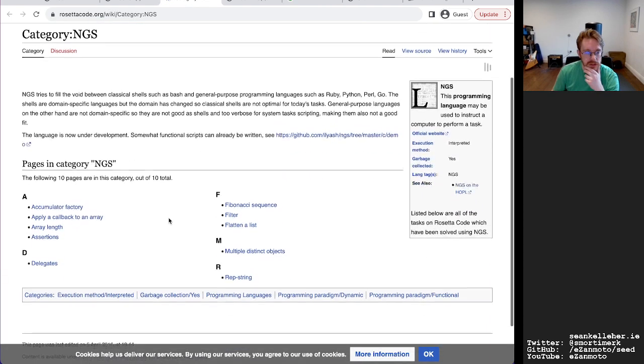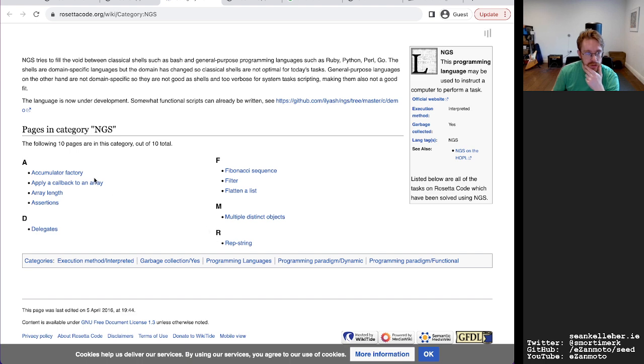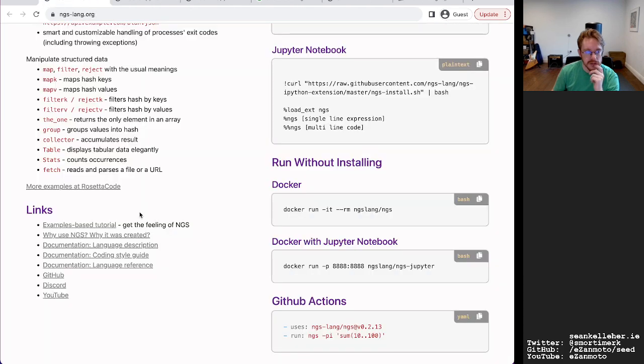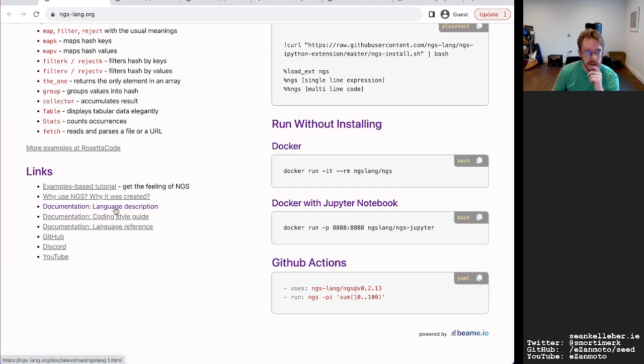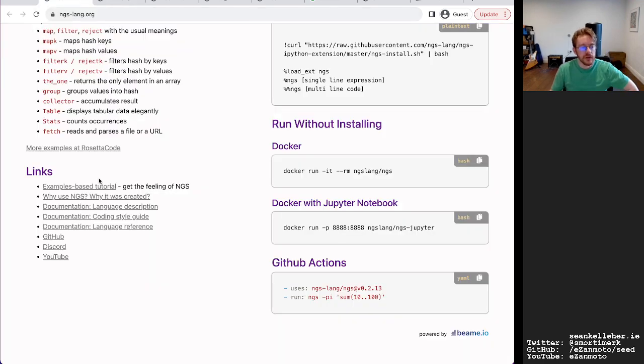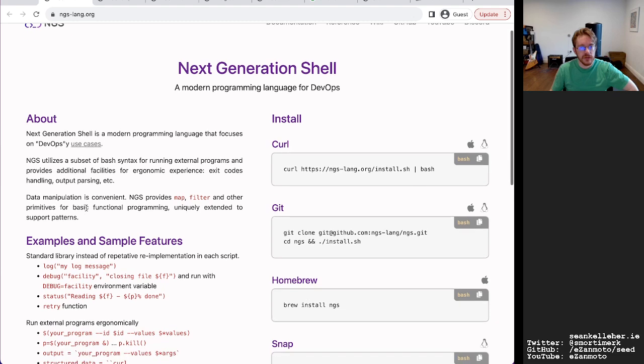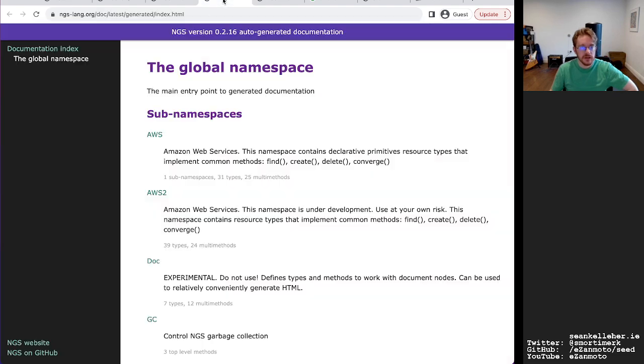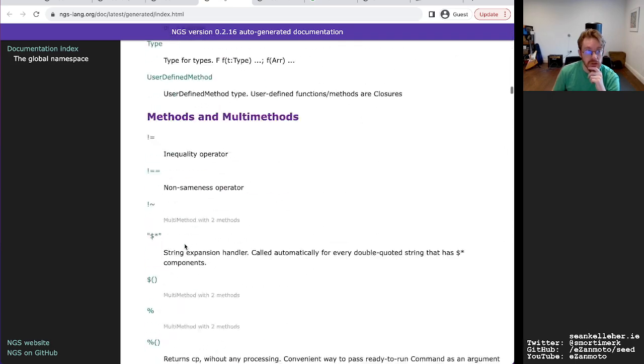Let's take a look at the Rosetta code stuff. Plan list, multiple distinct objects. So those are kind of primitive operations, so to speak. Documentation. So instead of looking at the implementation of the double backticks, maybe we can take a look at these. And this also provides maybe a good reference in terms of the documentation that I can provide as well for my language.